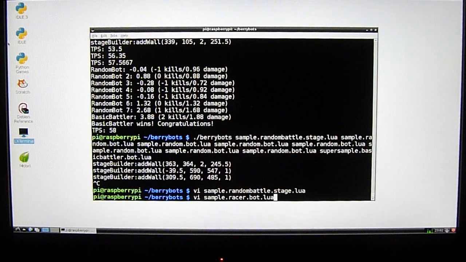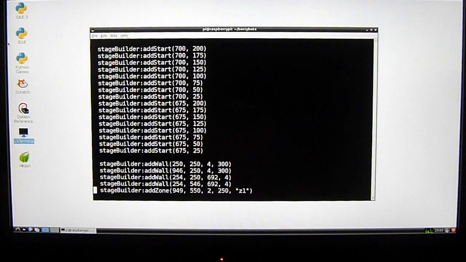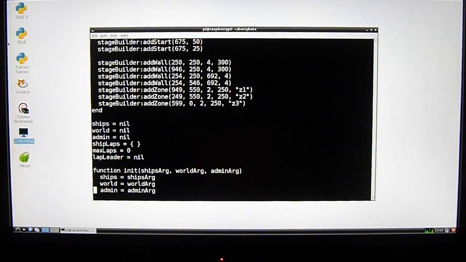Something like the race stage is a little more interesting, but still very few lines of code. So on this stage, it sets a size. It adds a bunch of starting points in like a grid, like you would have on a racetrack. There's a few walls and the 3 zones that are tagged. And then